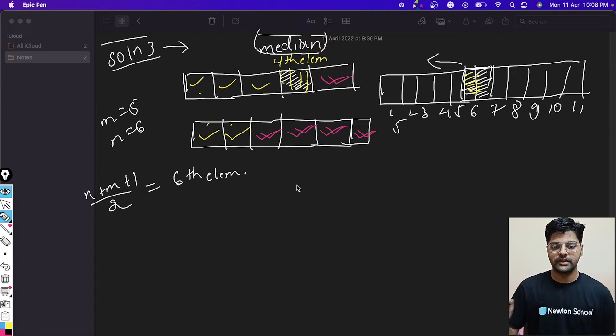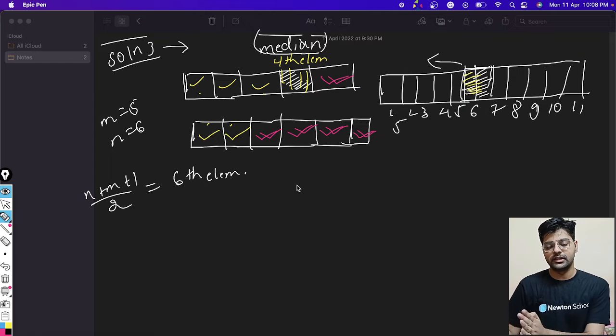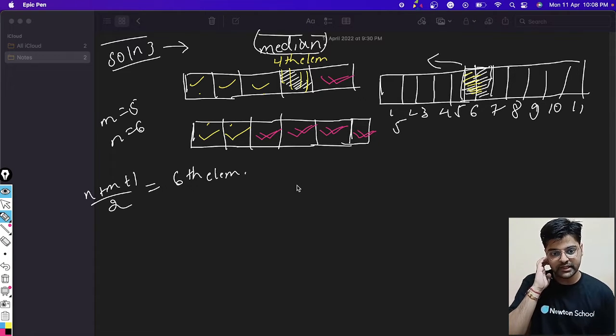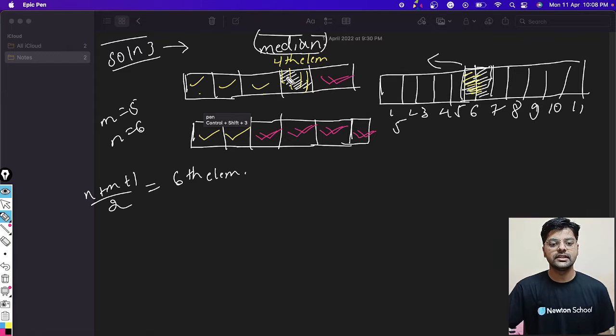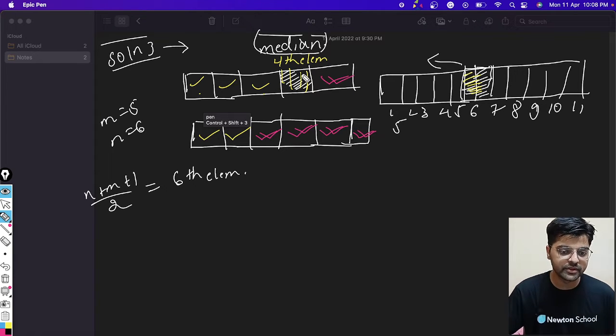If it's the middlemost element, then the elements that come to the right of it will be greater, and those to the left will be smaller, right? So in this case we had considered that the median will come from the first array, but there can be other cases.